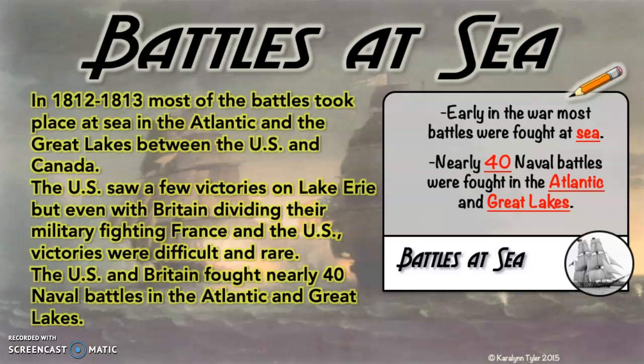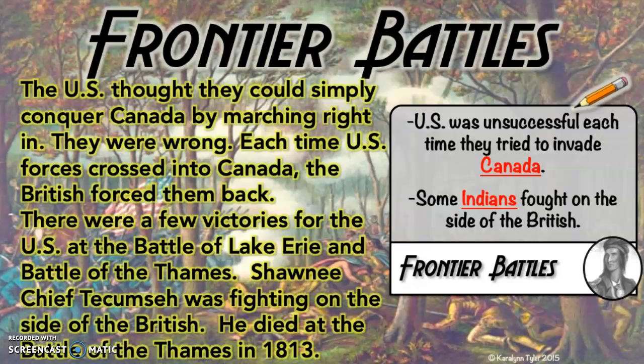The U.S. saw a few victories, but even with Britain dividing their military fighting force when they were fighting against France, U.S. victories were pretty difficult and rare. So at the beginning of the war, it did look like, at least at sea, the British were taking the upper hand. In terms of the frontier, so that area in the Northwest Territory where Michigan and Ohio currently are,